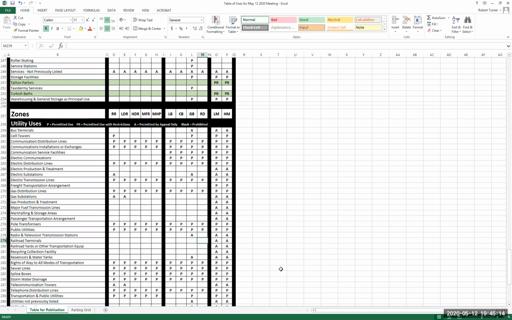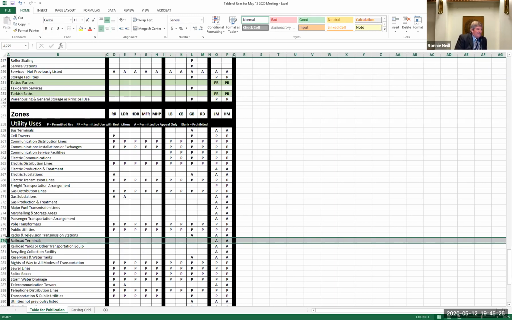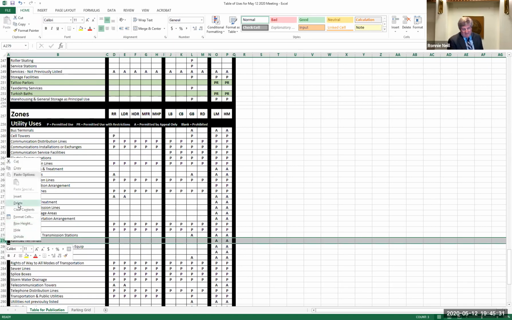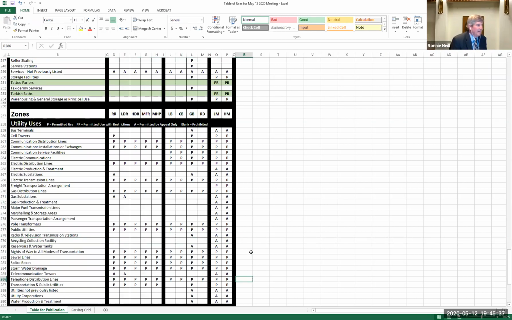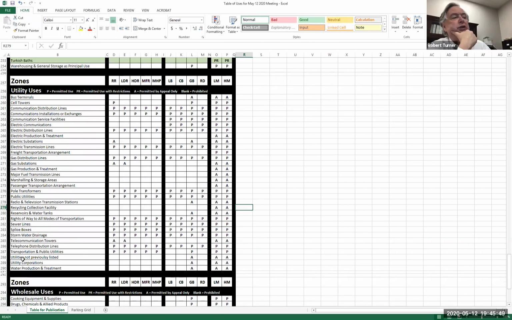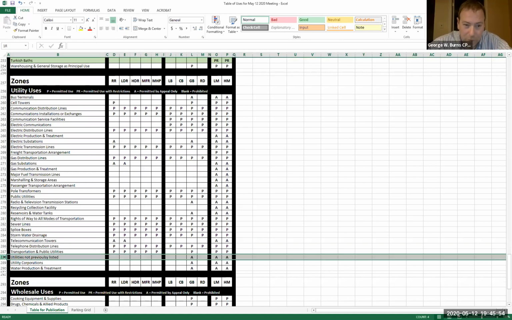Well, not really. Those have all gone back to the landowners. A lot of that land has been given away. I think you probably just need to take railroad terminals and yards completely out. If that's something that's actually going to happen, we probably need to be in on it from the start, but I don't remember the last time anybody built a new railroad. We'd probably have no say over that anyway, wouldn't we, Mayor? And utility uses not previously listed is by appeal anyway. Yeah. So we could just